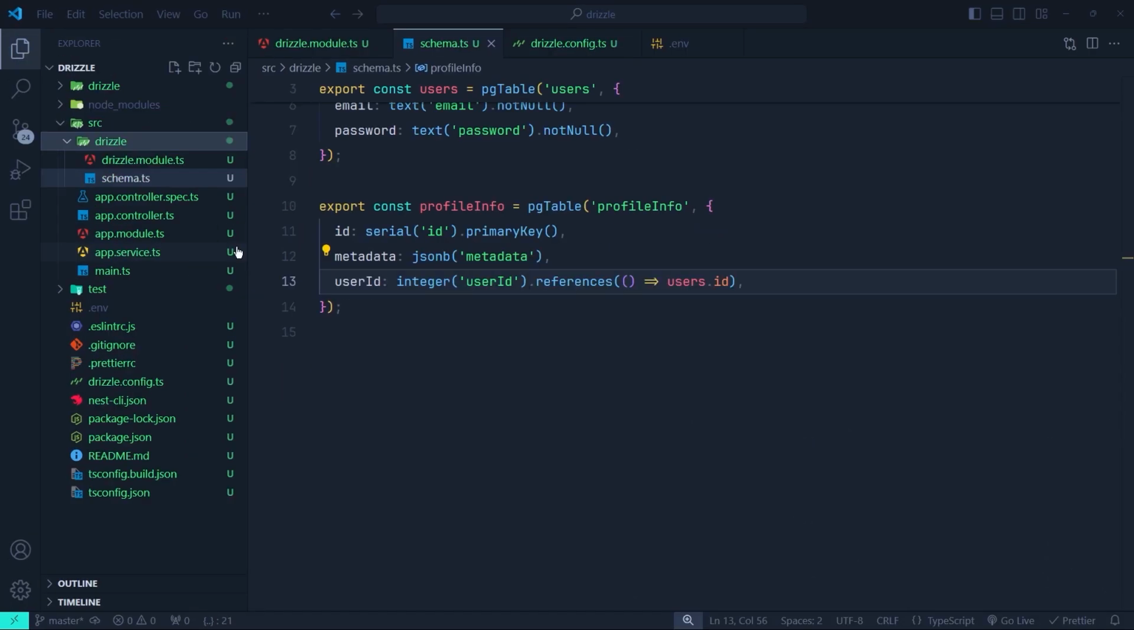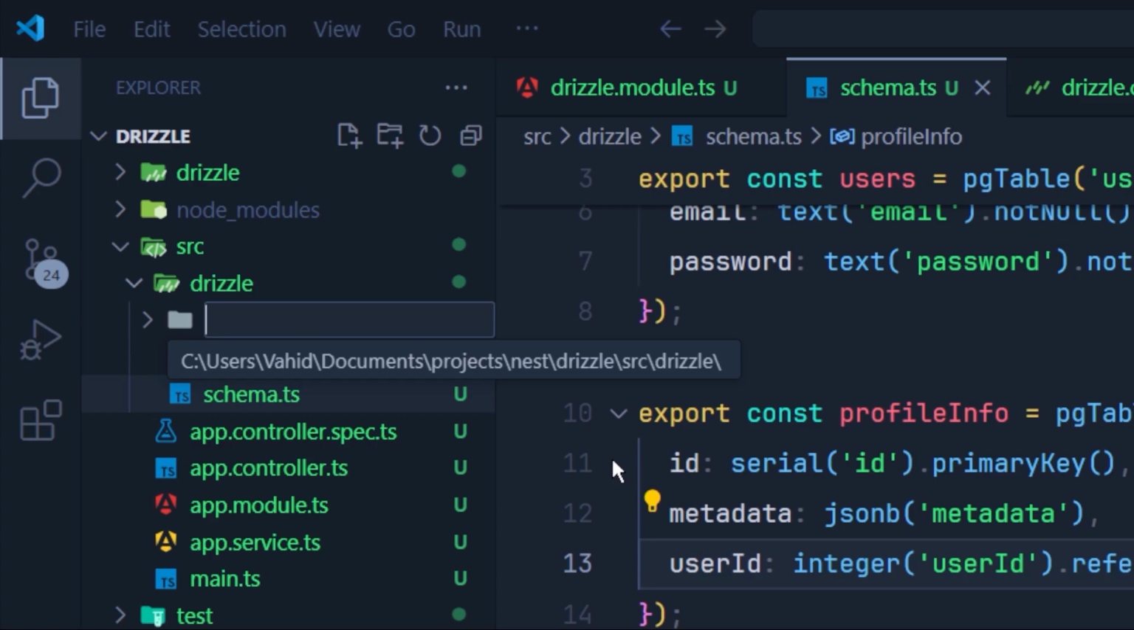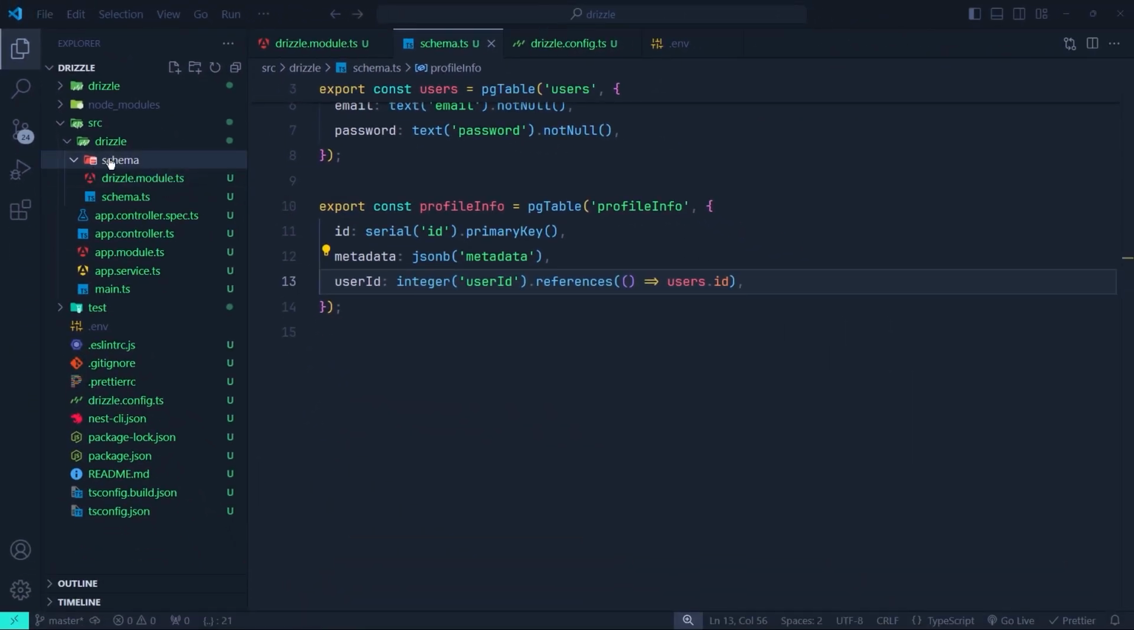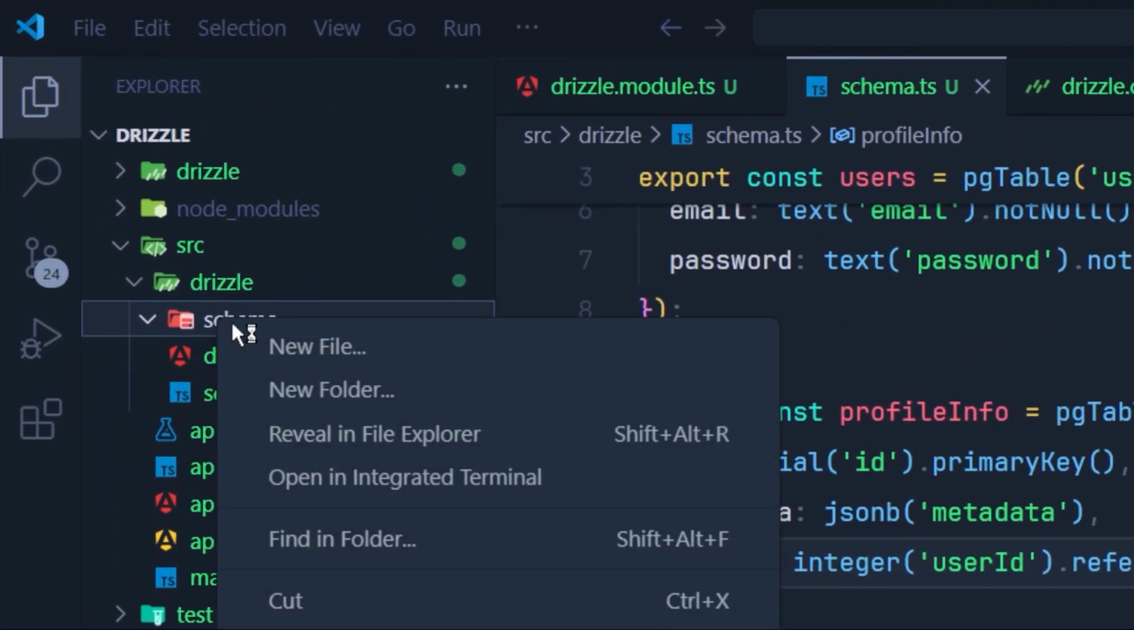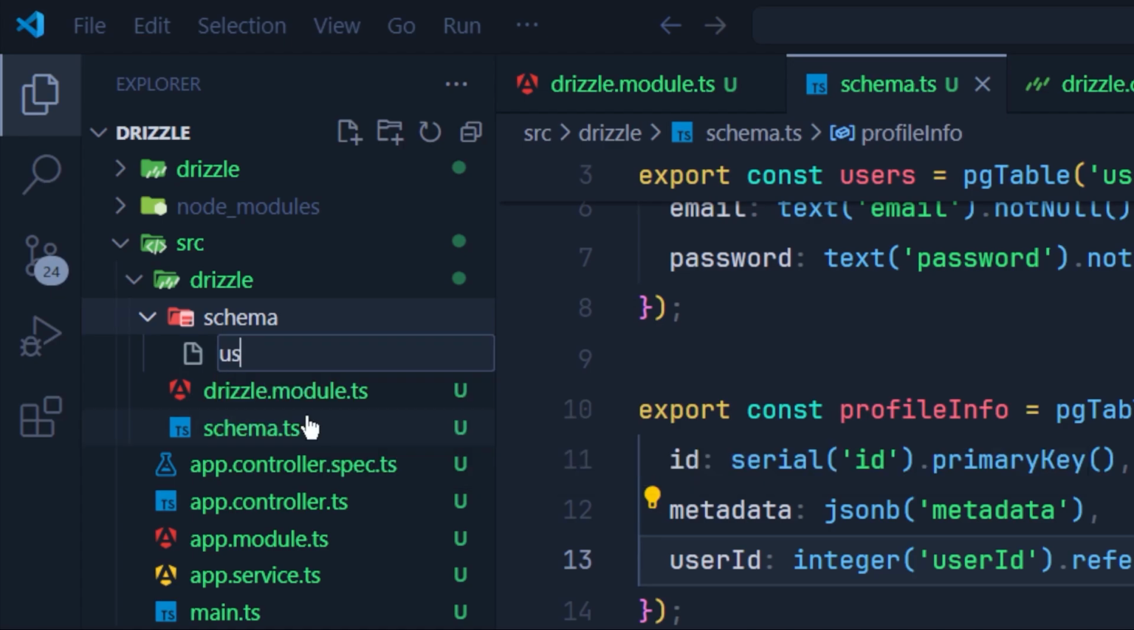Having multiple schema files in Drizzle ORM is really easy. I go to the Drizzle module, and I'm going to create a directory, and I'm going to call it schema. Actually, the name doesn't matter. You can name it whatever you want. And then inside it, we're going to create a new file again. Let's say we are going to create a schema for the user table. So I'm going to name this file